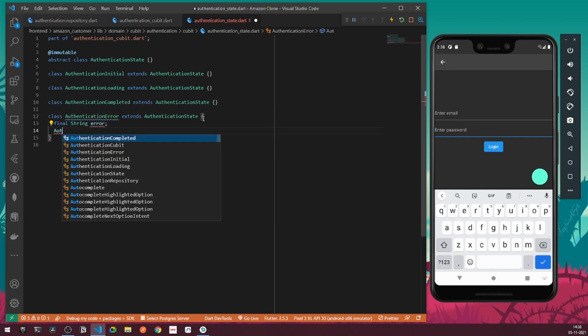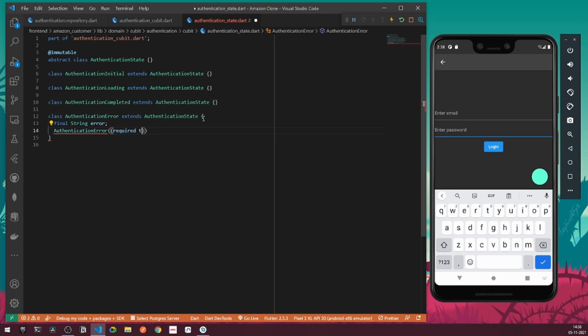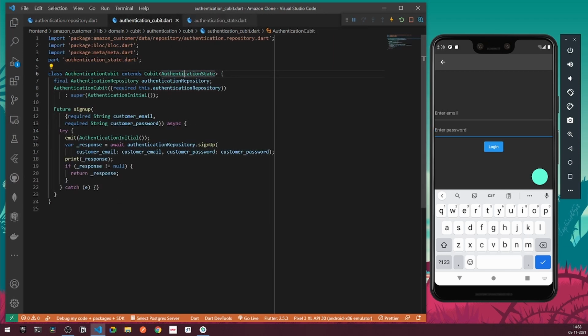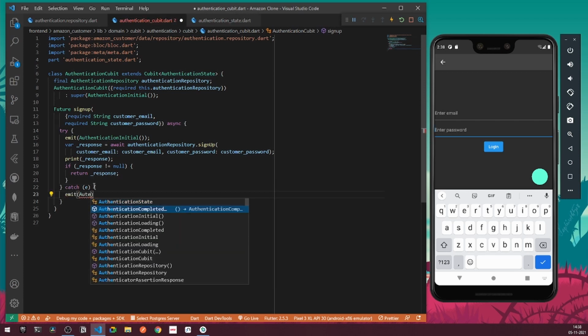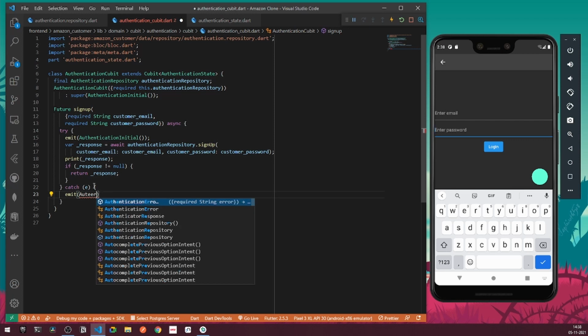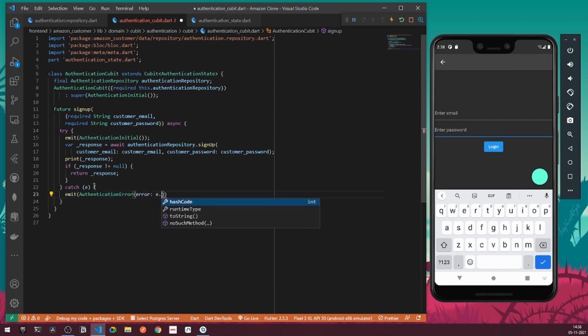Right now, I can have the instantiation, so I can say authentication error, and under this, I can instantiate my required flag for this.error. Once this thing is done, I can go under my catch block and I can simply say emit authentication error, and the error will be nothing but e.toString. So this will be simply the process for catching the errors.